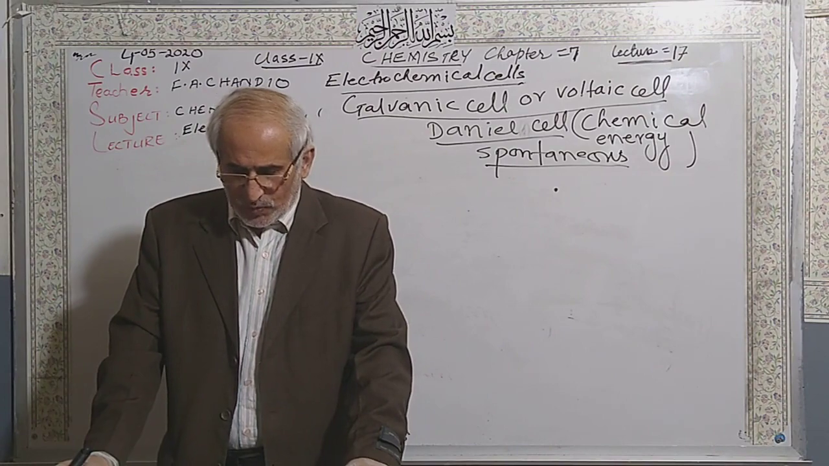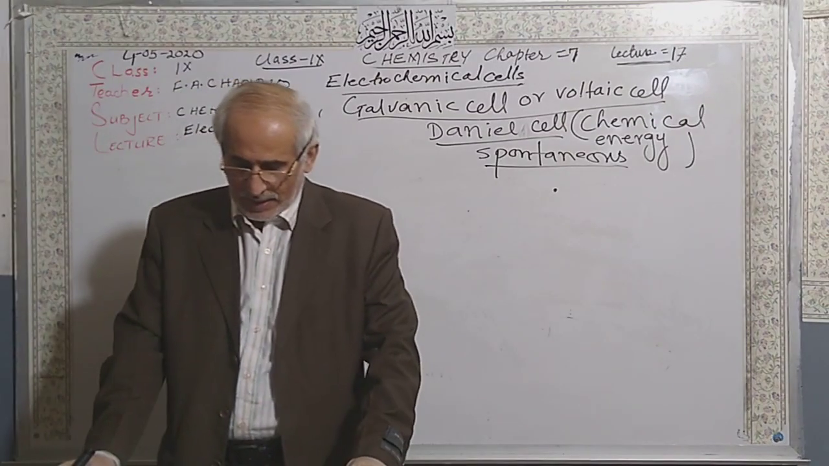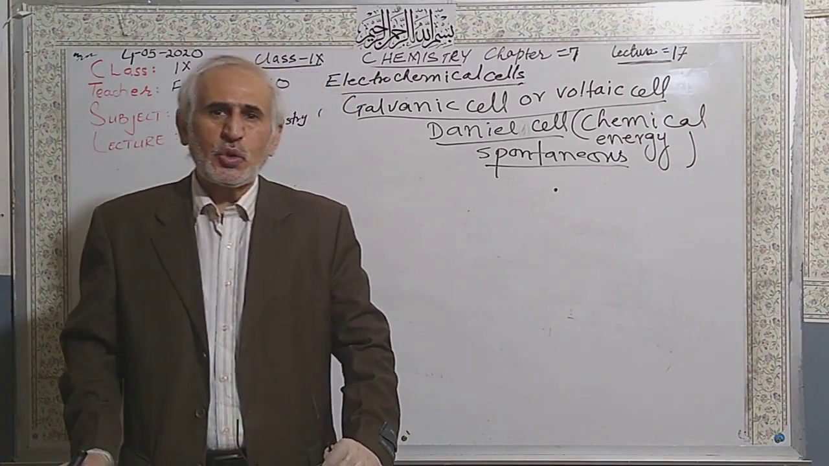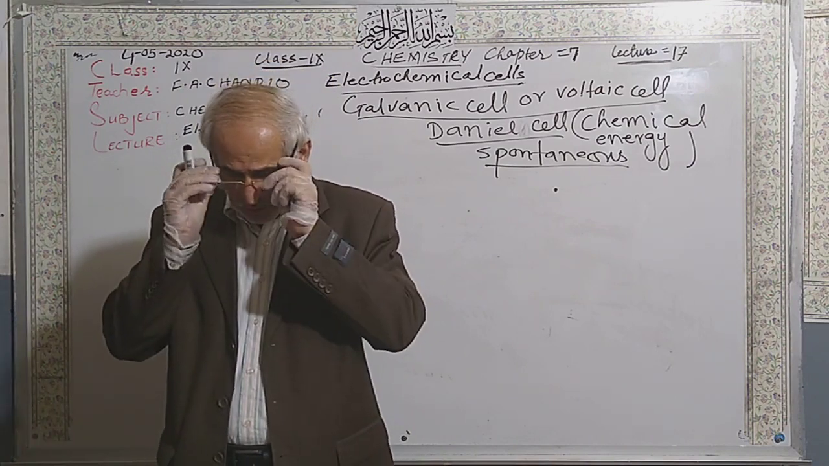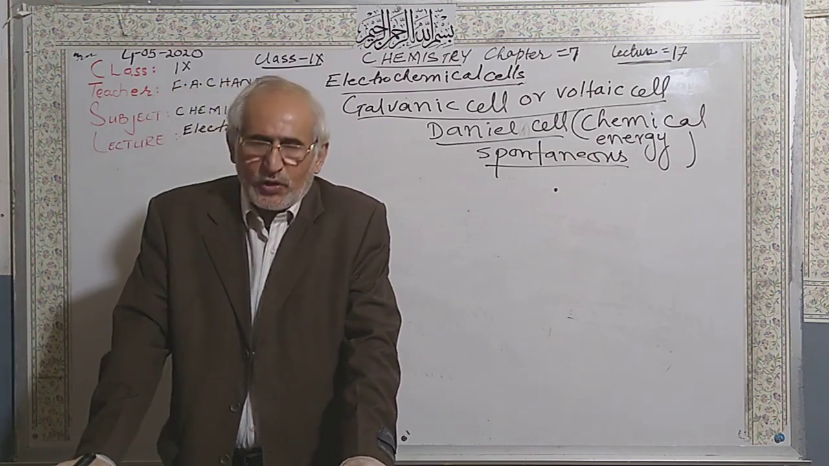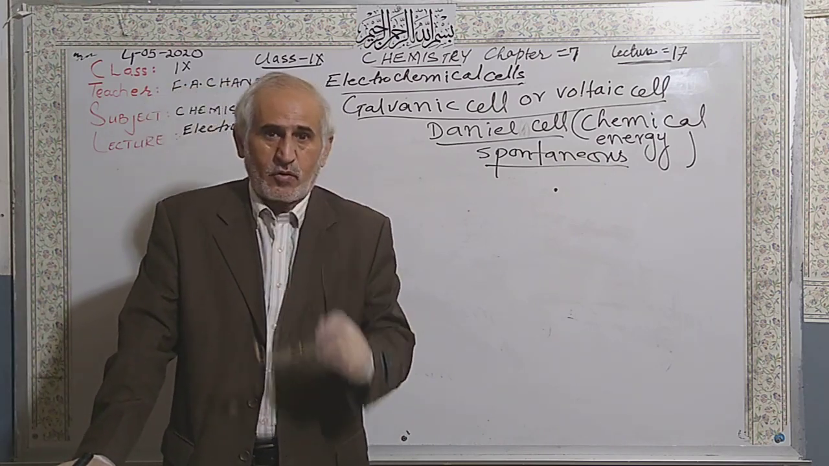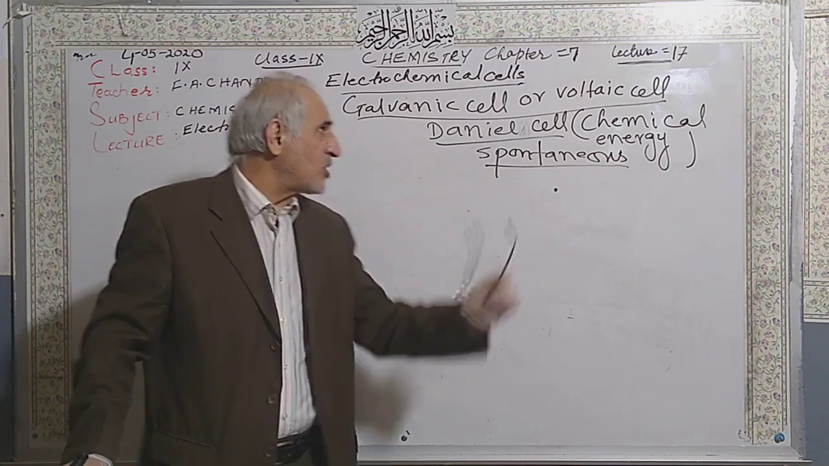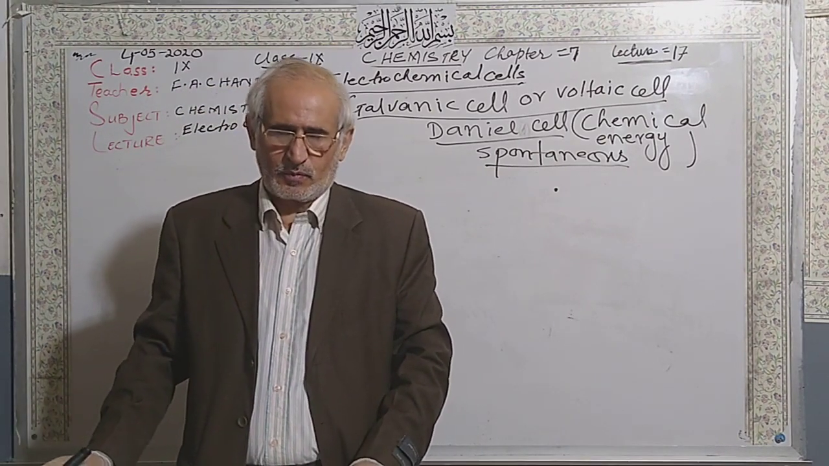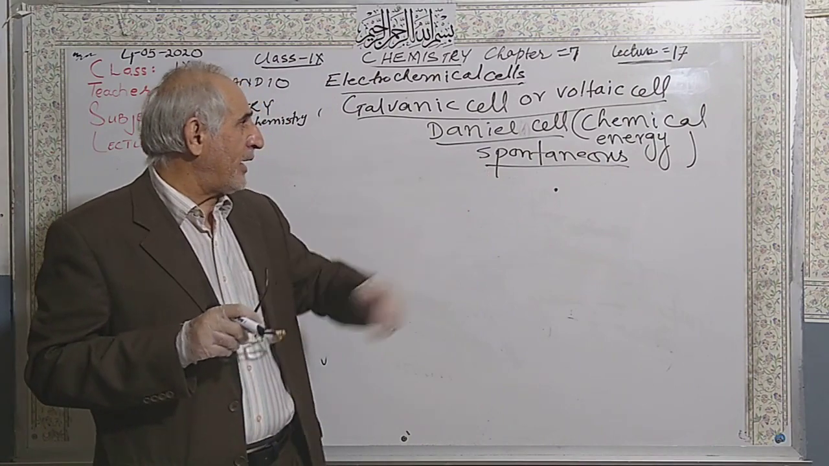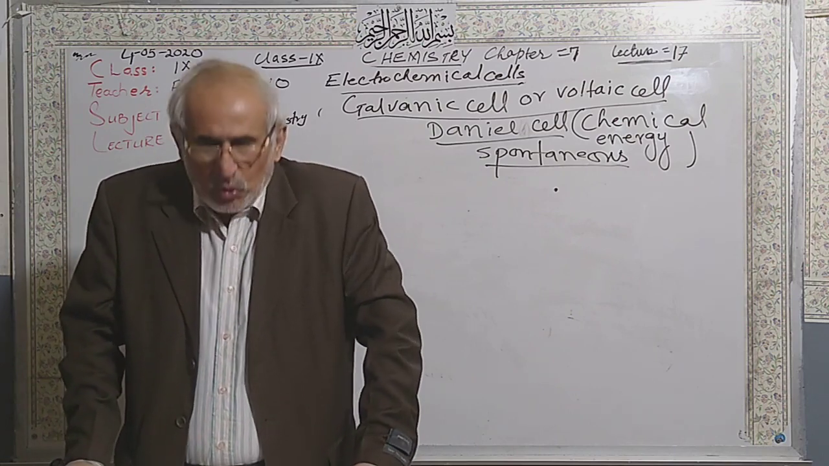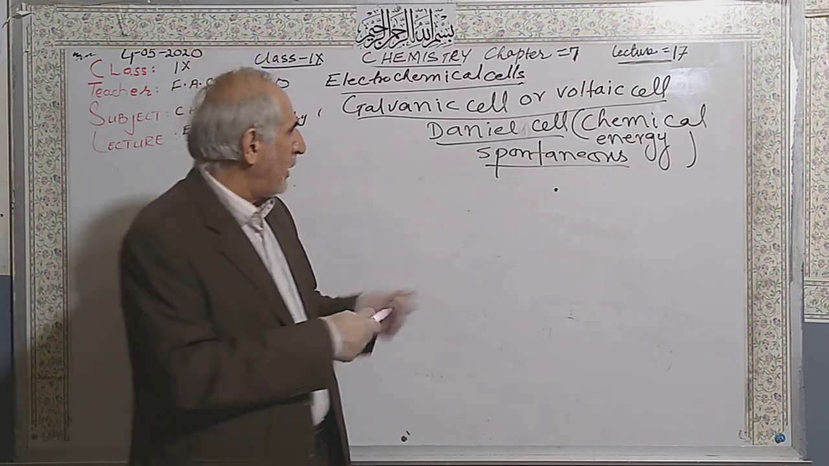The cell which involves spontaneous redox reactions and in which electricity is produced. The Voltaic cell is named so because Alessandro Volta discovered this cell. That's why the name is given here. The English chemist John Frederic Daniell used this cell practically and used a zinc and copper couple